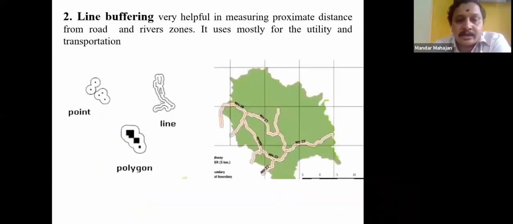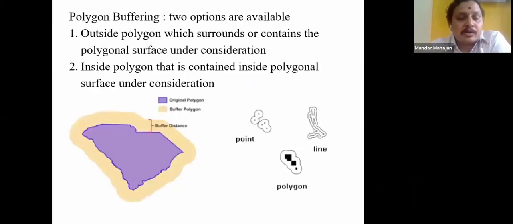You can see lines also have a buffer. For a road network, suppose you want to find out the encroachment on both sides of the roadway. It should be restricted at least 500 meters to either side. So you assign the buffer and find out to what extent it is encroached. Similarly, for a polygon, the buffer goes from the outside to the inner side, and the same way from the inner side.